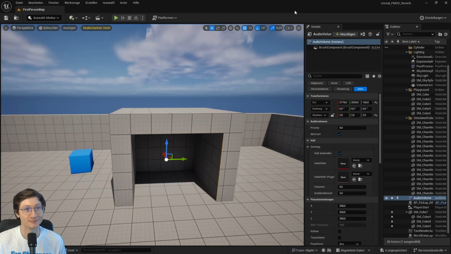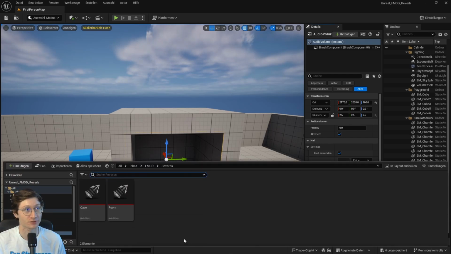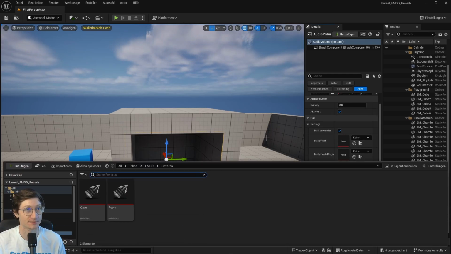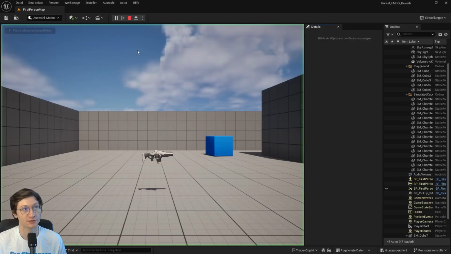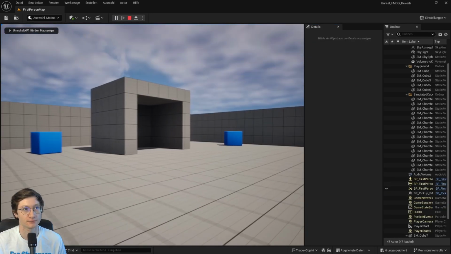Perfect. And basically the only other thing we need to do is assign the FMOD reverb we want to use for that space to that audio volume. So I'm just gonna pick that cave snapshot we created in FMOD. And now when I press play,